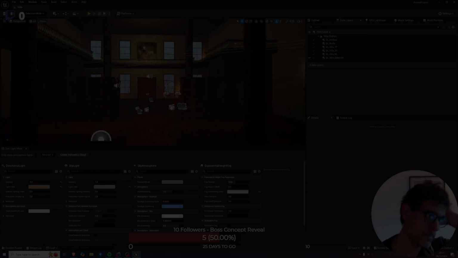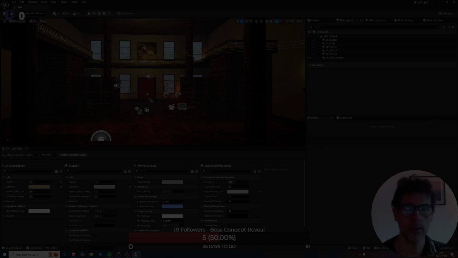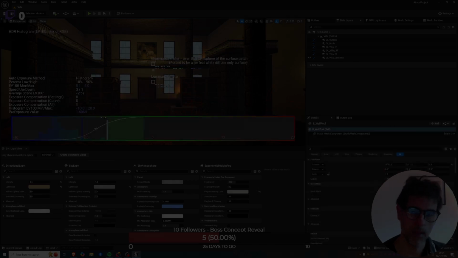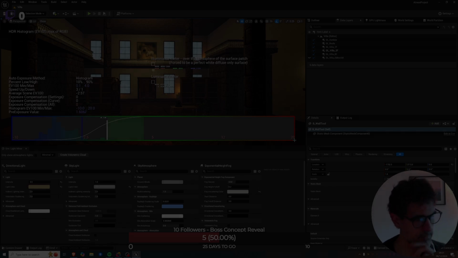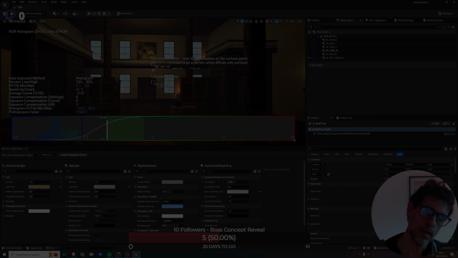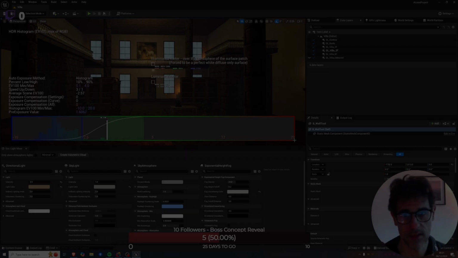So while we wait to start, I learned a few things. On this bar, we have EVs. It's a measure of, let's say, brightness of the scene. So the blue line represents where we are now with average brightness of the scene. EVs is measured, as I learned,